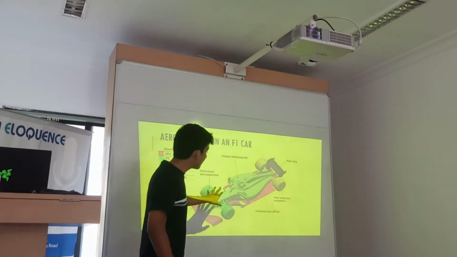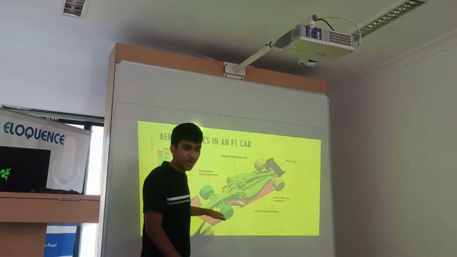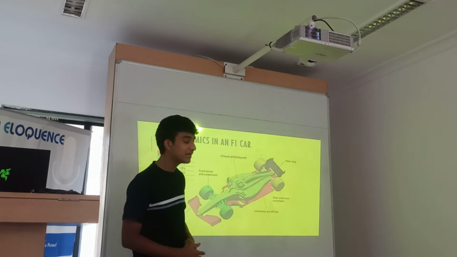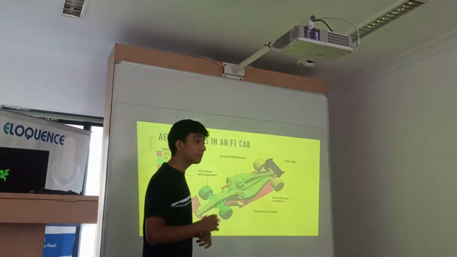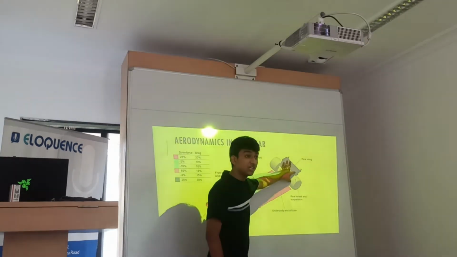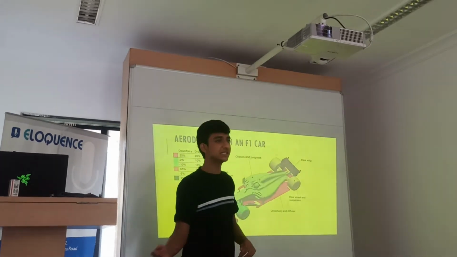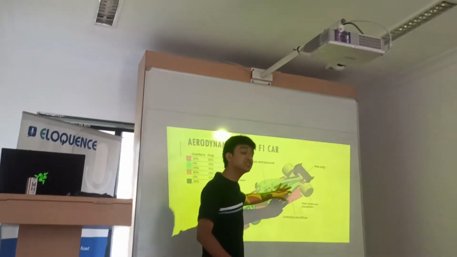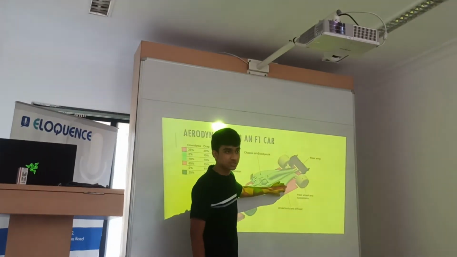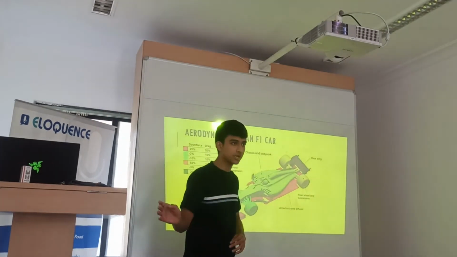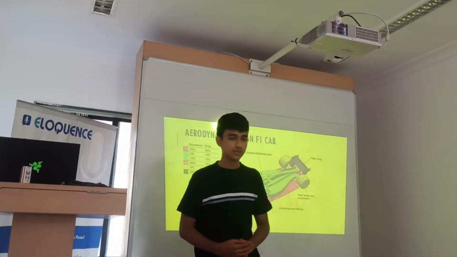So if your front wing ever gets damaged in an F1 race, you can always change it in a pit stop. You will lose time, but it can be changed. But if a more important part, such as the bodywork or the rear wing, breaks, there is no way to fix it in the middle of a race. The car has to retire, there is no other option, because it is too dangerous to drive with less downforce. It will cause a lot of risk to the driver and also to the car. More damage can occur, which will become more expensive.